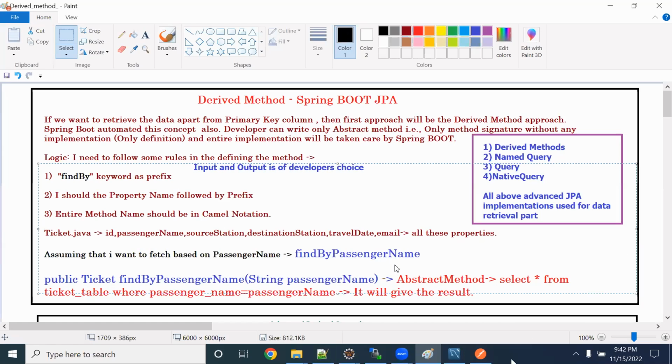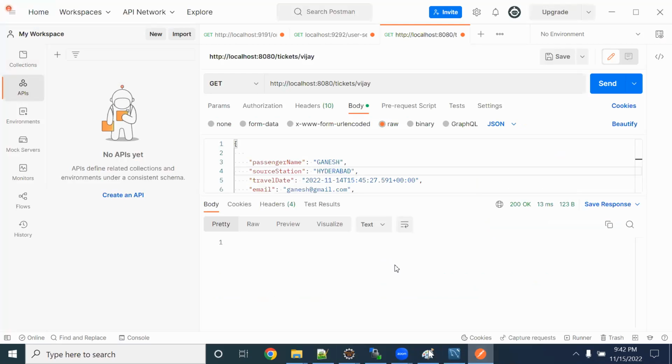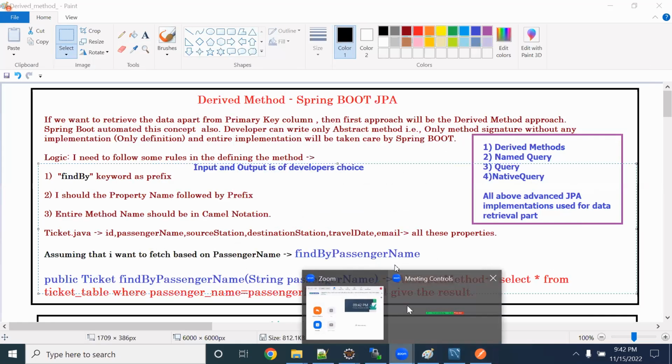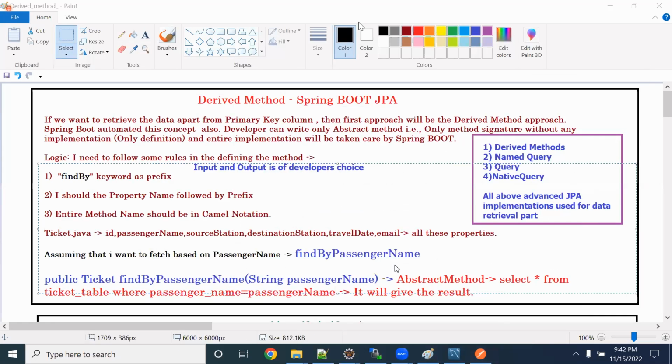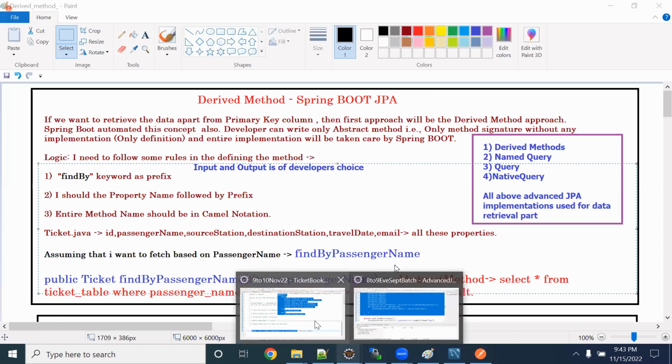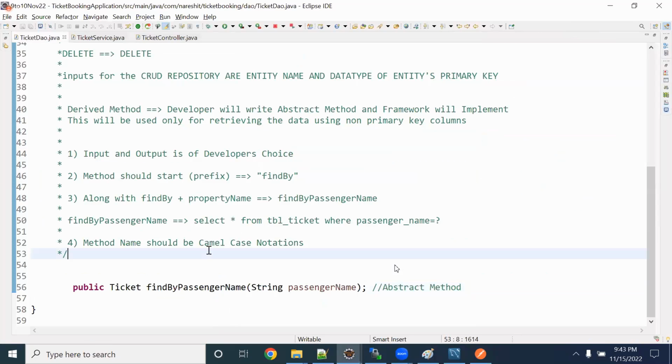Surprising. Guys, okay. Sir, one question. Yes. So here you said we can pass any type of parameter or any type of return type we can write, right? Yes, correct. So in case I wrote list of string, is it going to return the list of passenger? Okay. By default,